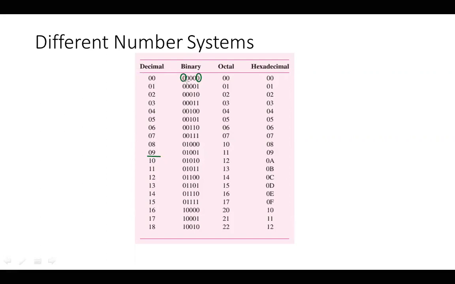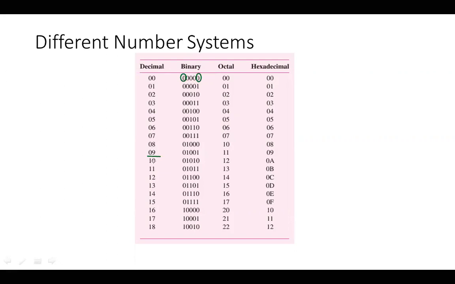Most significant bit, least significant bit. Why that particular name? This digit will have a power of, say if it is binary, 2 to the power of 0. So the weightage is less. So 0, 1, 2, 3, 4. This digit will have a power of 2 to the power of 4. So the weightage is so high. That is the reason it is the least significant bit and the most significant bit. Now 9.